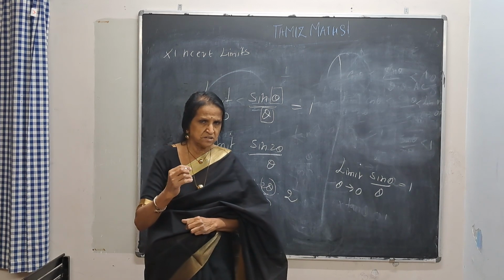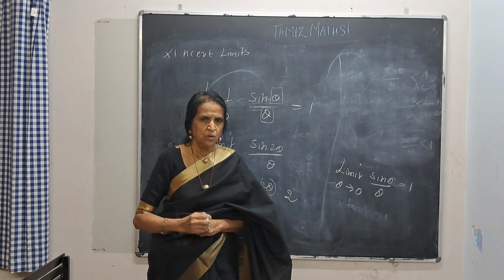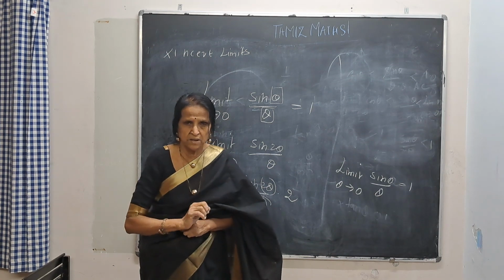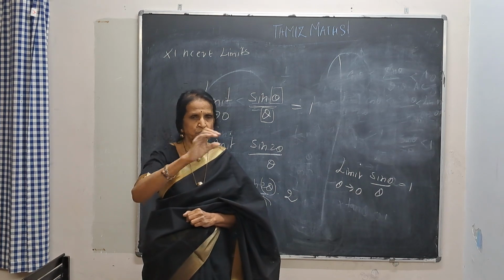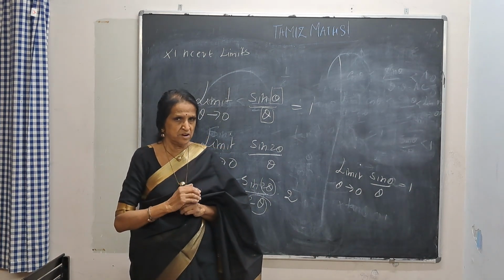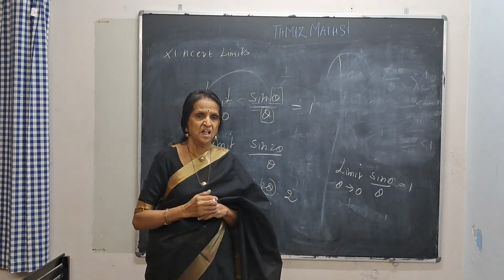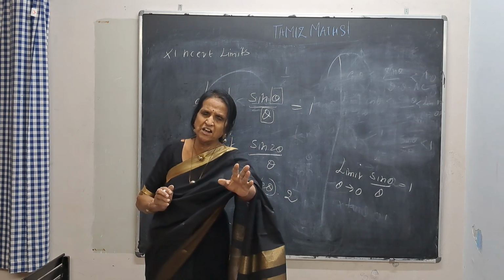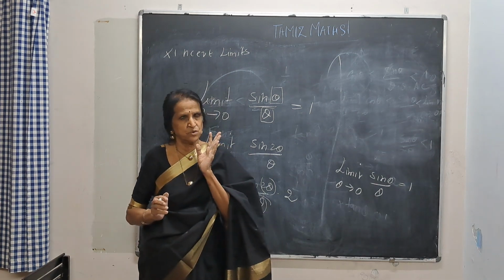So what are the 3 aspects I have told you in today's class? When I say x tends to 1, x is moving towards 1, x is not equal to 1. That's the beauty in limit. Next, I can have a right limit, I can have a left limit. This right limit and left limit, I'll teach you in the next class. If both the limits are equal in value, only then the limit exists. Otherwise, the limit does not exist.